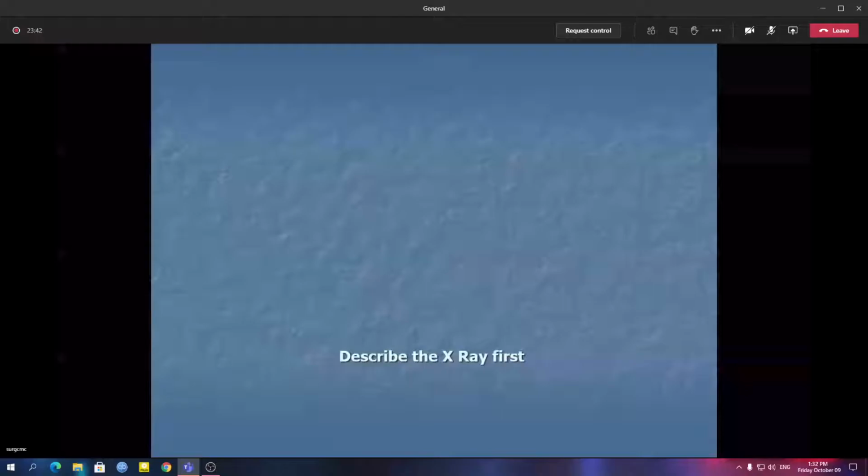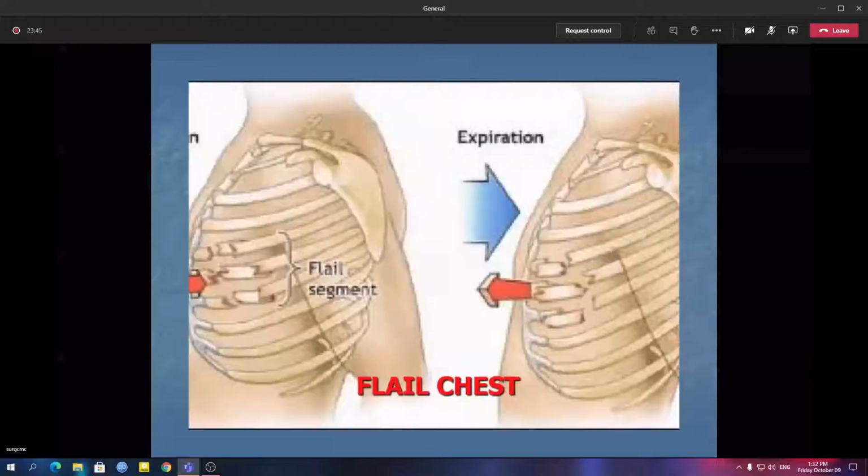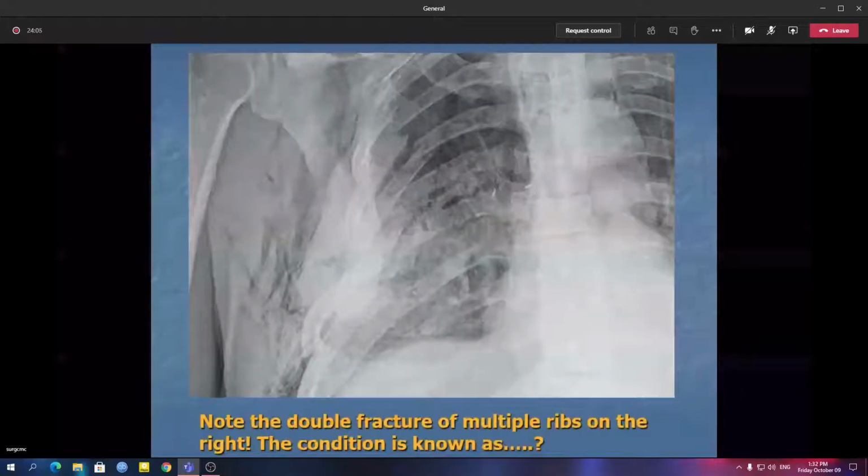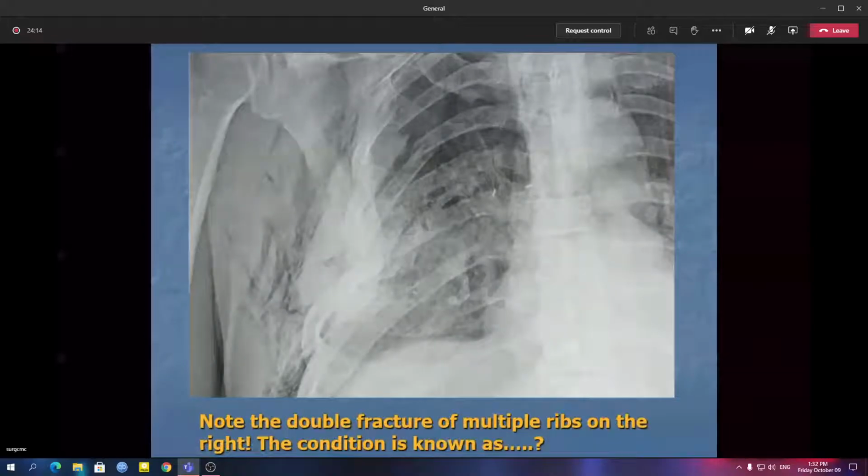Sir, I am asking, does double fracture mean two fractures in one rib? I am talking about a case of flail chest, where generally one single rib getting fractured is very unlikely. Okay, one or two. You get multiple ribs fractured. First thing, as I have seen in the last picture, multiple ribs are fractured. 1, 2, 3. Here is another rib. At least 5 ribs are fractured in this plate, I can see. But in a few ribs, at least in one rib, I can show you.